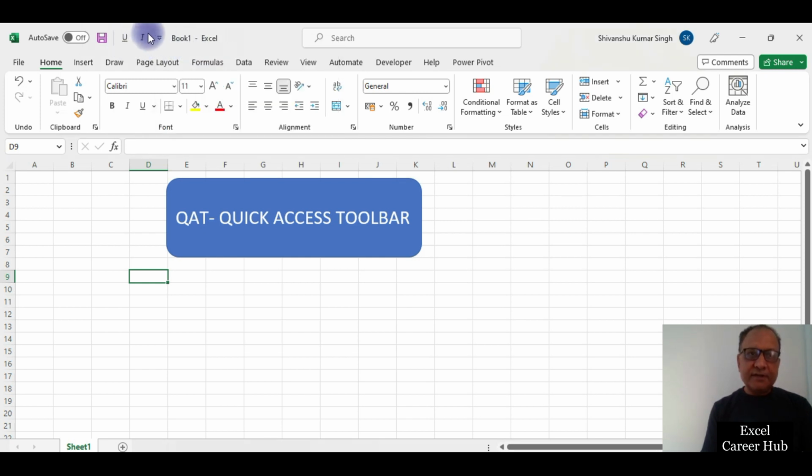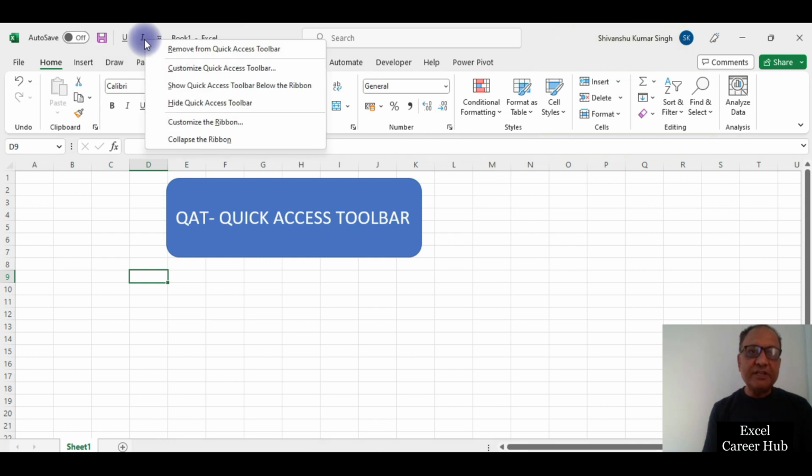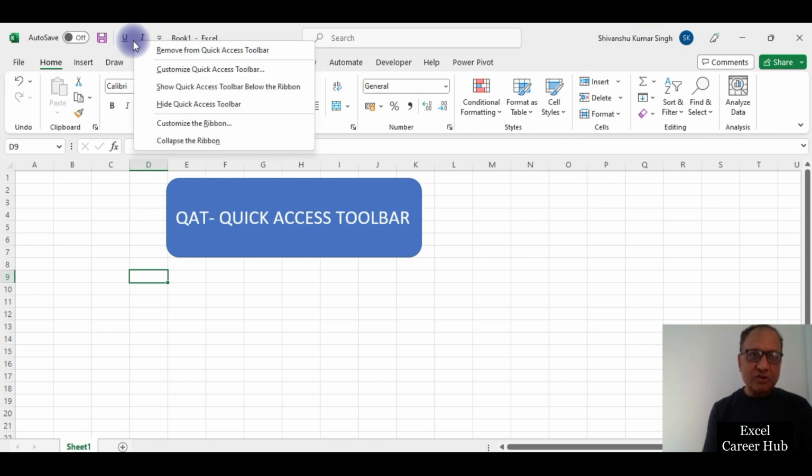Now friends, in Excel, here in the menu bar we have around 400-500 commands, but generally Excel will show you only the popular commands. So how to get all the commands from Excel, we will learn this now. I have right clicked on the QAT, and I get an option of Customize QAT. If I click here,